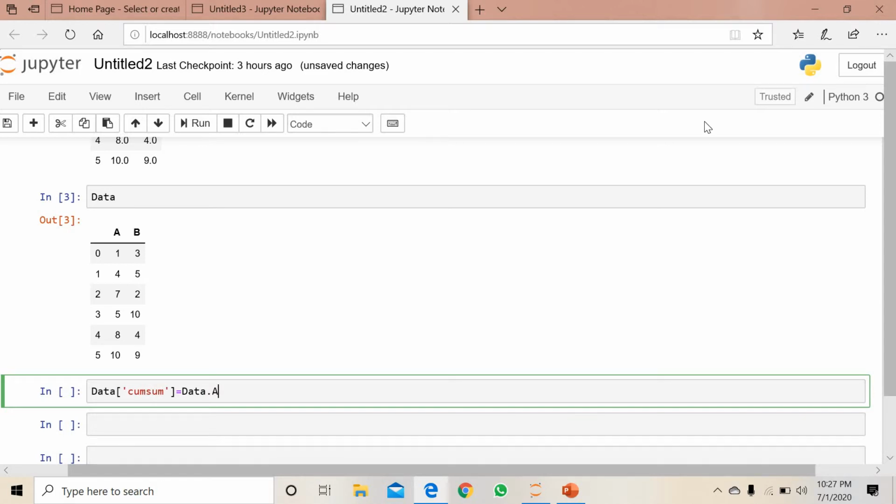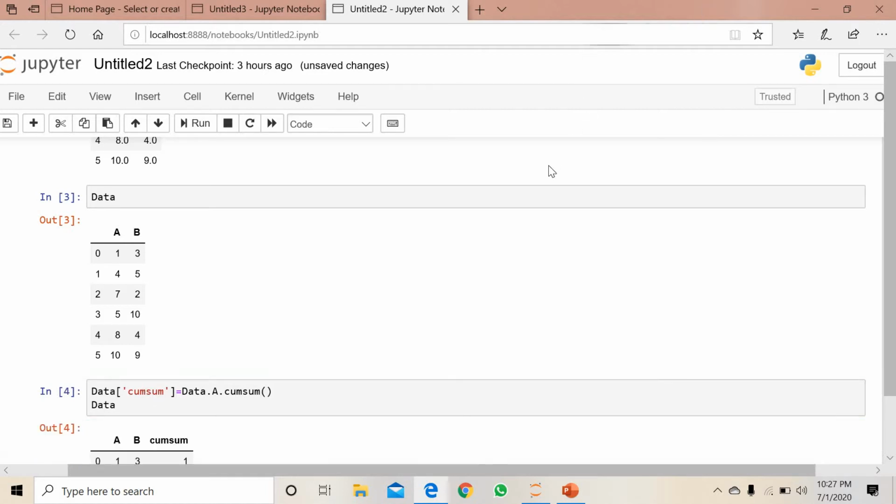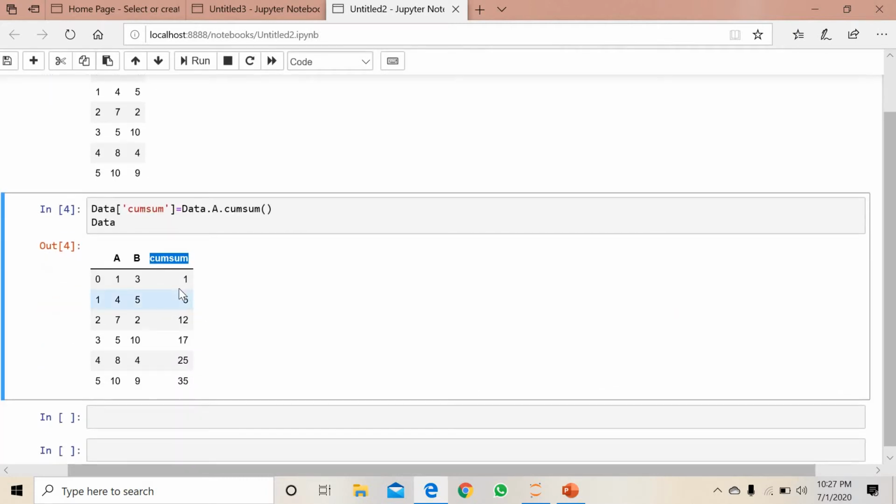Once you do this, you can fetch column A. So here we simply write data.A, then cumulative sum. Once you do this, you can check in the data that one column, cumulative sum, is added over here.